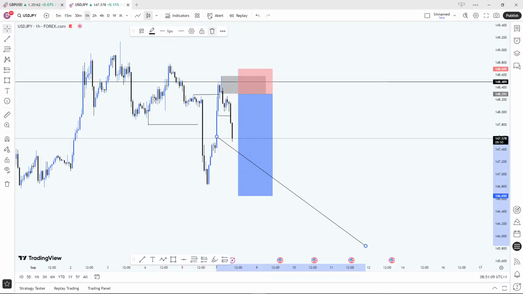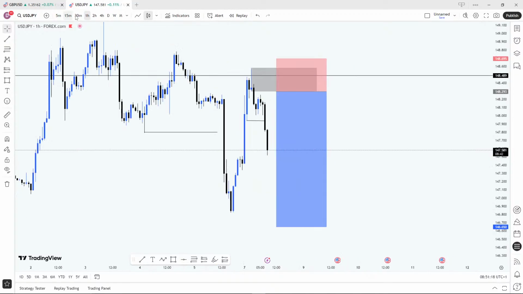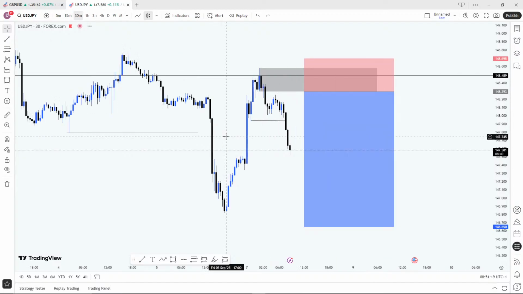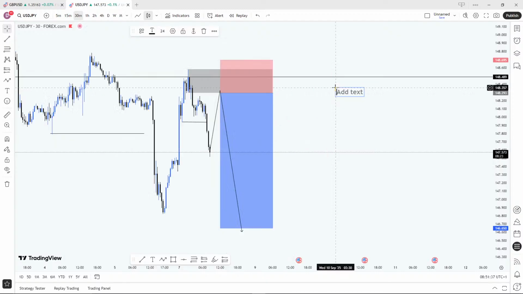So this is what I'm expecting on USD JPY. If it comes back, we'll sell from this very zone. If you decide to buy up, we'll sell from here. Since it has all the things we use in taking our trade with the strategy, let's set our limit order right there.